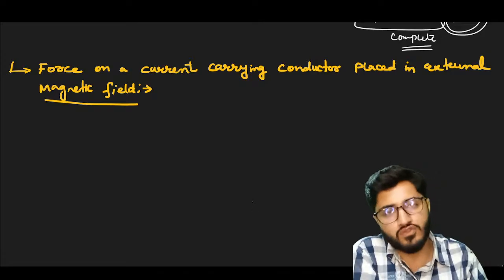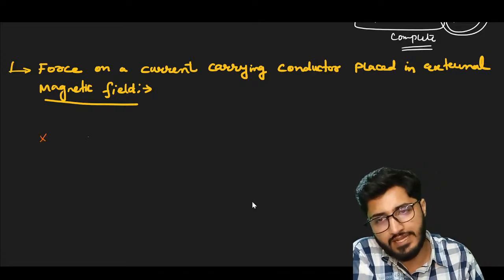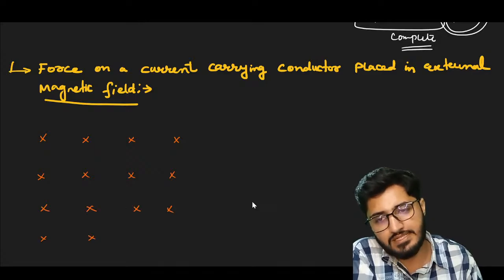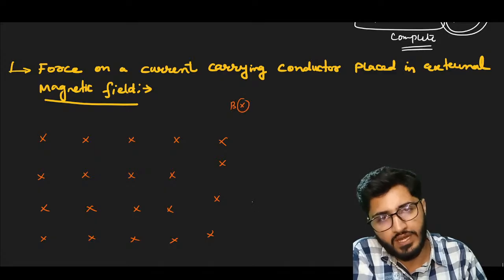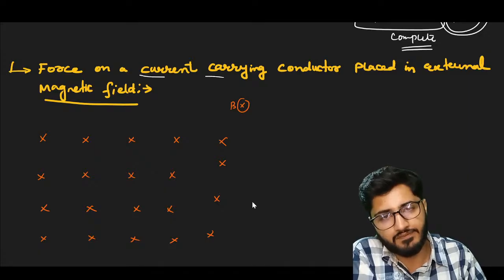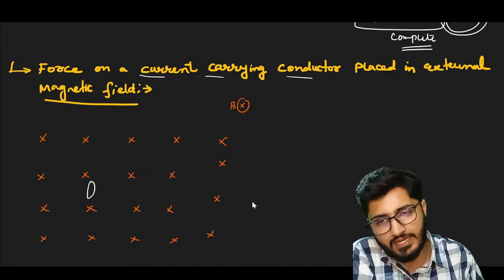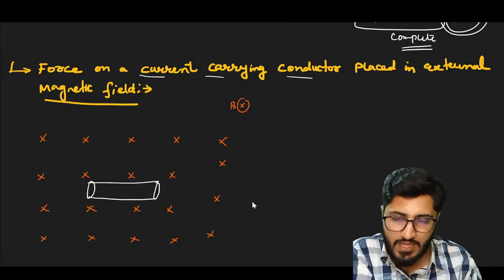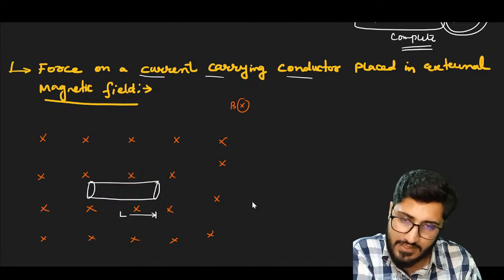Suppose we're having a magnetic field. Look, and this magnetic field is external that we have given. It is not created by any current. It is externally built by any external source. It is B, no? Okay. We are having a rod, current carrying conductor. If this is my current carrying conductor, look now. If the length of this current carrying conductor is L,